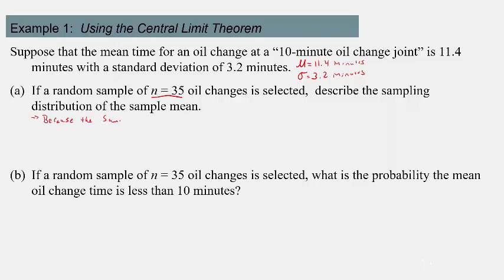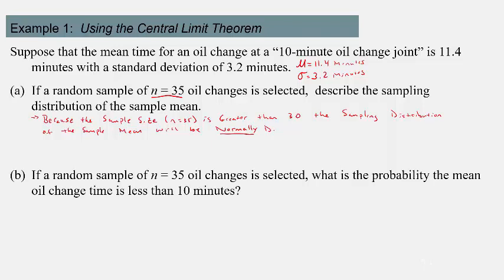Because the sample size, which is 35, is greater than 30, the sampling distribution of the sample mean will be normally distributed with, so when something's normally distributed, you can say what its mean is, and we denoted the mean of the sampling distribution of the sample mean as mu sub x bar, and that's equal to the population mean, which is 11.4 minutes,